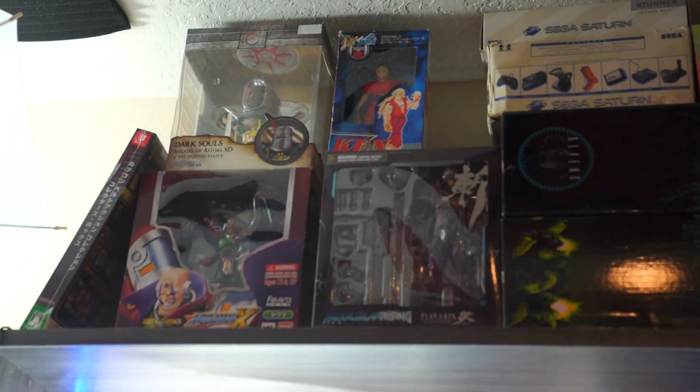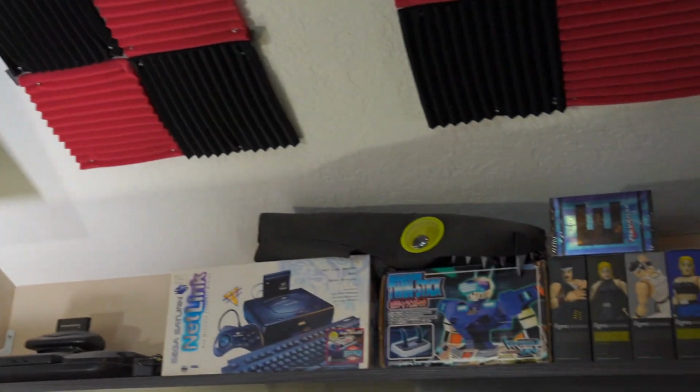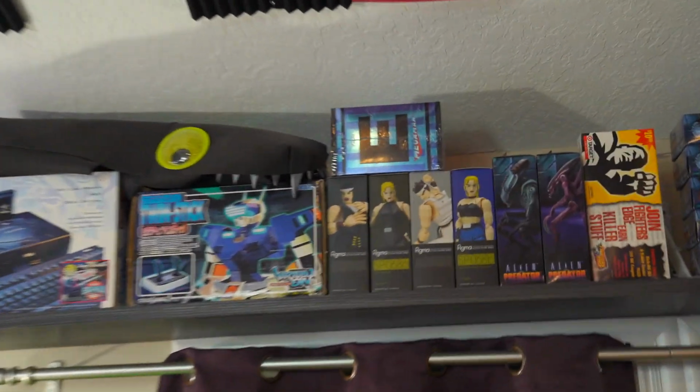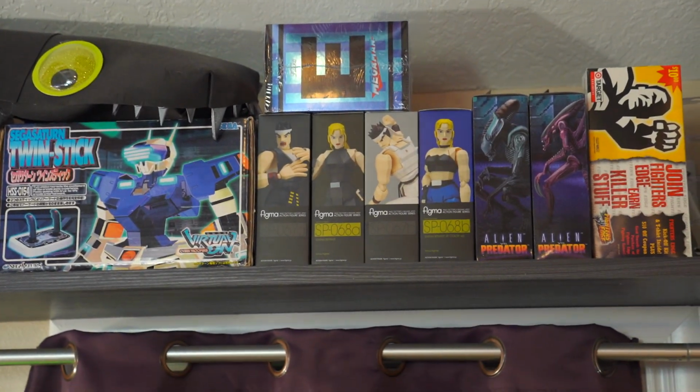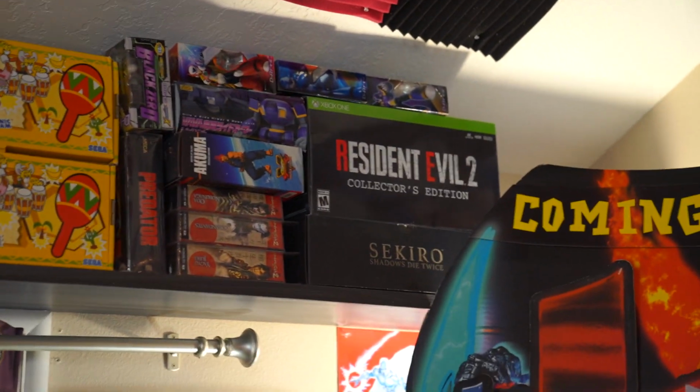Up here, there's some shelving on the top area that has a whole bunch of random stuff. Mostly boxes and things that I just haven't really done much with. Predator figures and things of the like. There are also, you might notice on this side, some Virtua Fighter figures that I really need to do something with. Other than that, yes, Samba maracas, classic collector's edition stuff, and I think that's a Tower of Power over there, sitting